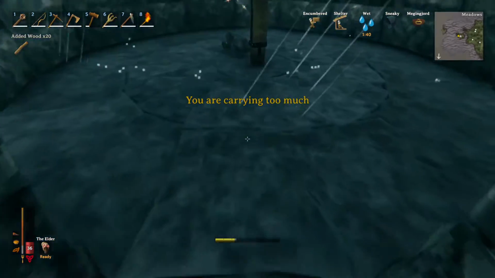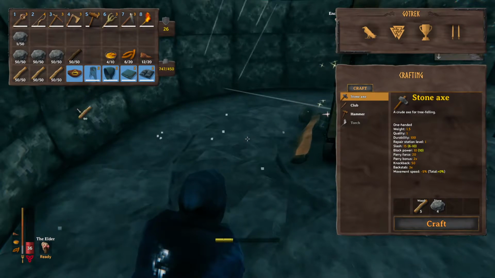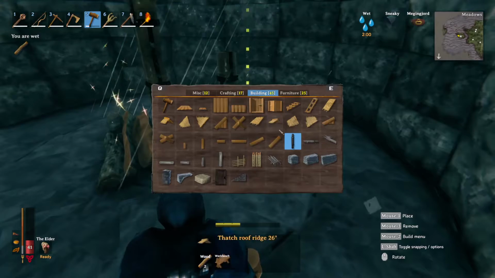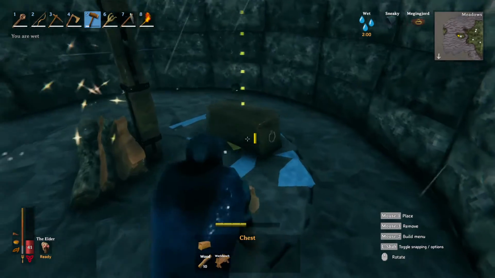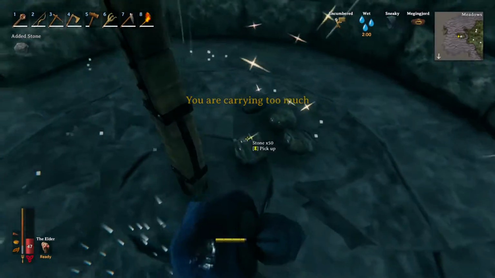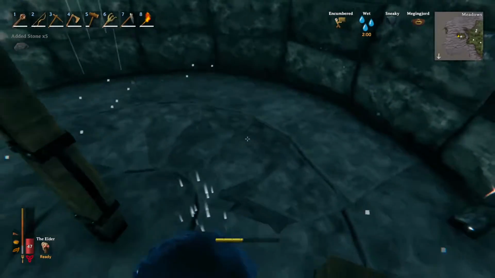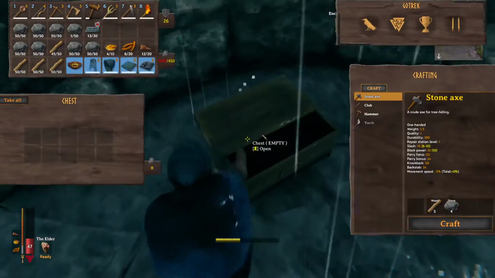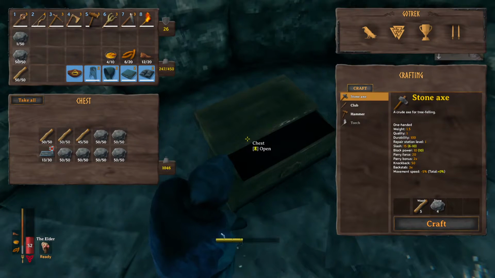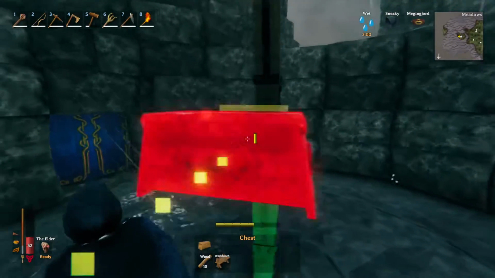Alright, now I'll grab all this. We'll go through our secret door. And I'll drop off the rest of this wood with the stone. Oh, let's just go ahead and build us a box while we're at it, so none of this stuff despawns and disappears. There's the iron. We want the iron. Oh, okay. Alright, so...